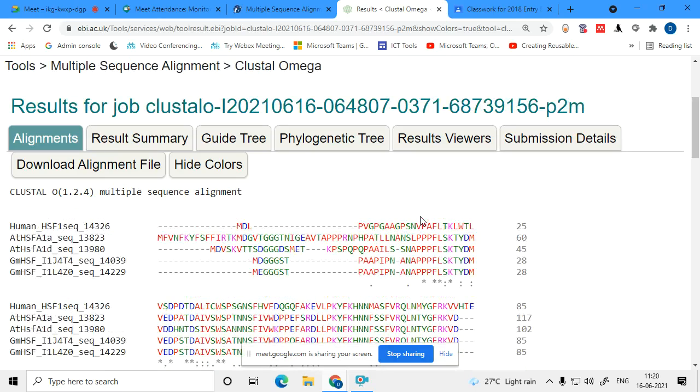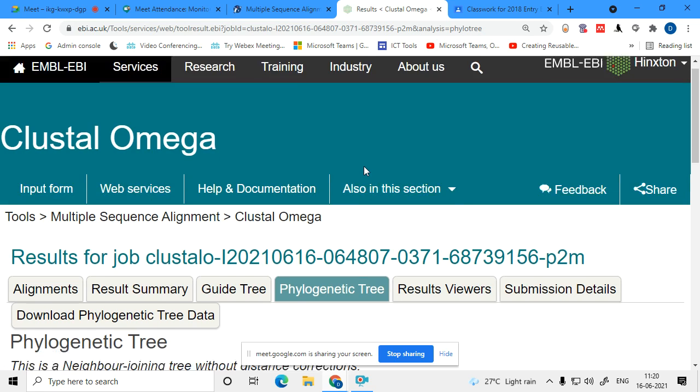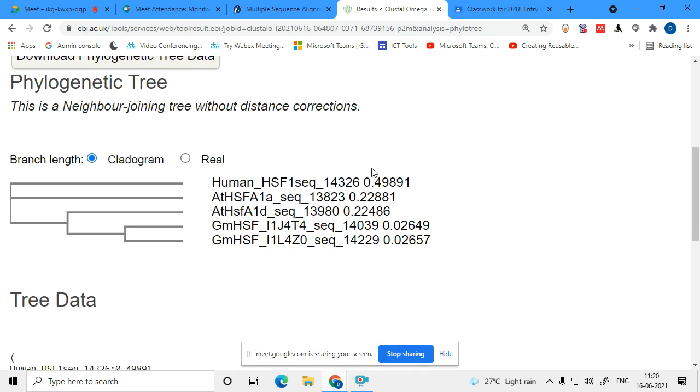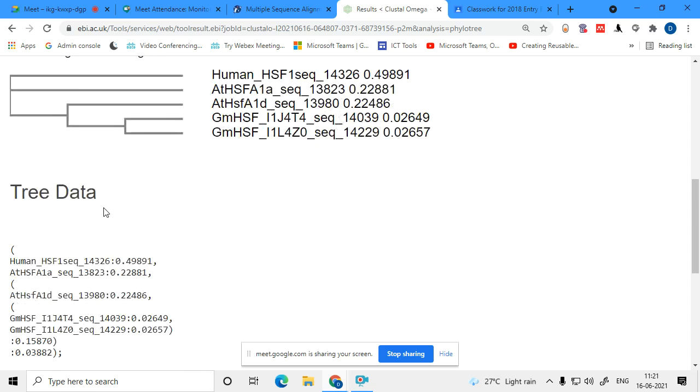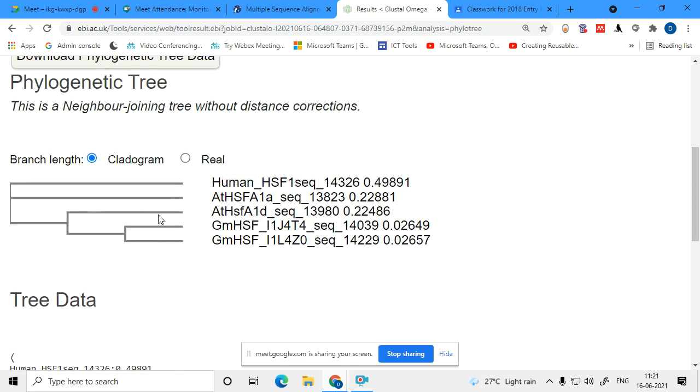Now, let us see the phylogenetic tree. On the basis of this alignment, which shows similarity and dissimilarity, a cladogram is drawn. You can clearly see in this cladogram which is the nearest.